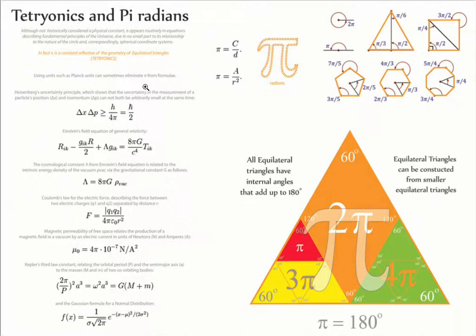You'll find pi popping up throughout physics, and of course they refer to pi radians. This is where Tetrionics begins to produce a whole new geometry compared to that of the classical formulations of relativity, classical quantum mechanics and mechanics itself, in that whereas Gauss's formulations and Maxwell's formulations, Coulomb's and even Einstein's relativistic formulations all refer to 4 pi as being a spherical geometry,